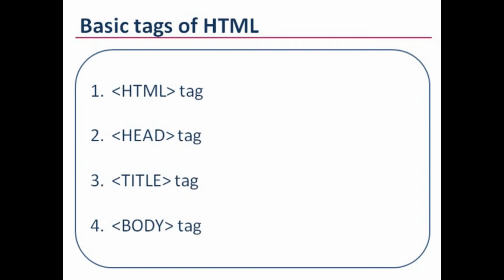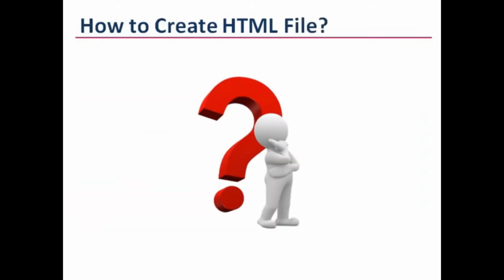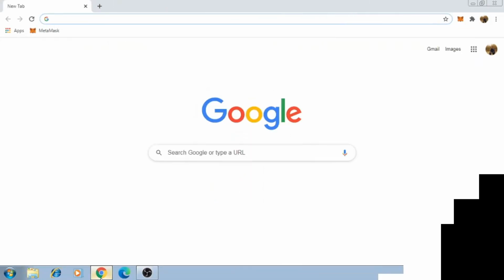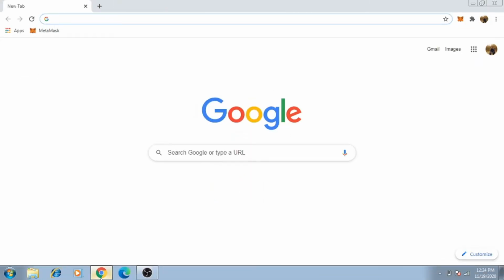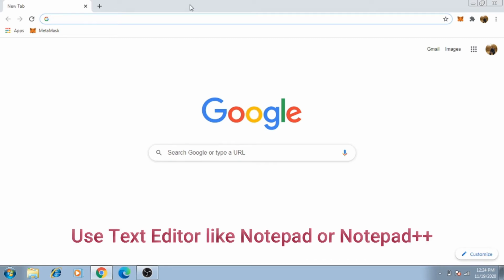Now, how to create an HTML file? Let's take an example to create an HTML document file. For this, we use any text editor or web editing tool. We can use a text editor like Notepad or Notepad++ to write HTML code.